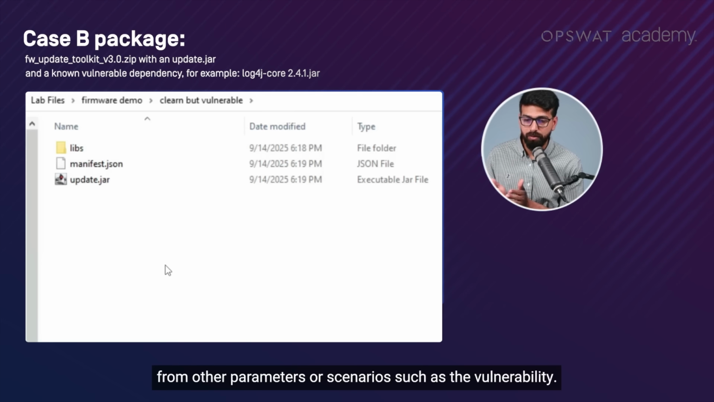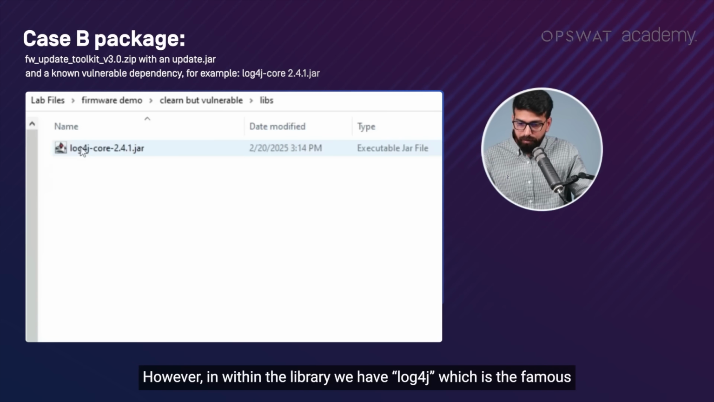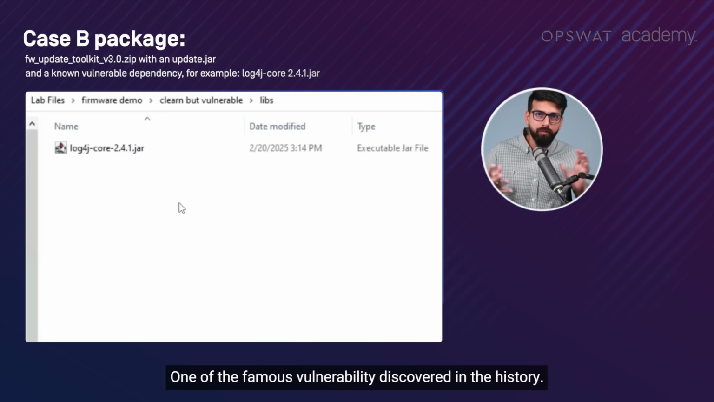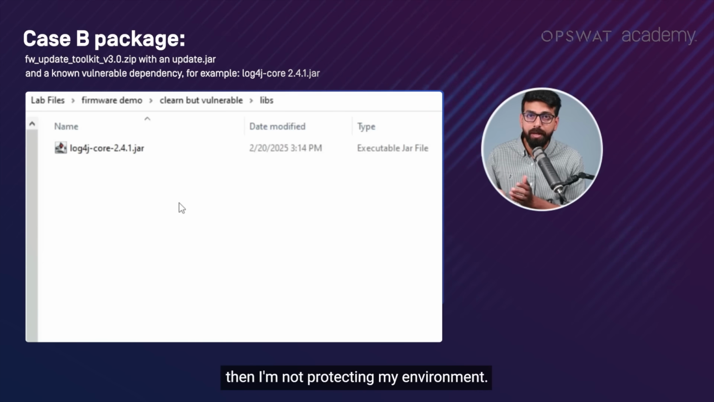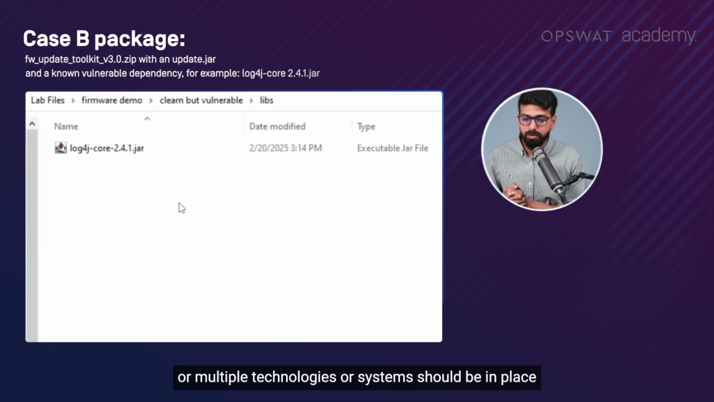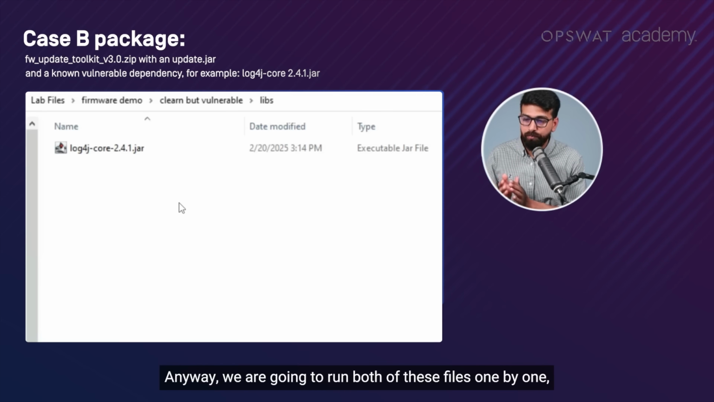parameters or scenarios, such as the vulnerability. So for example, in this case, this particular file is okay. However, within the library we have log4j, which is one of the famous vulnerabilities discovered in history. If I just rely on the multi-scanning or antivirus engines, then I'm not protecting my environment. That is why the defense in depth approach, or multiple technologies or systems, should be in place to fully protect your environment. Anyway, we are going to run both of these files one by one, but let's quickly jump and